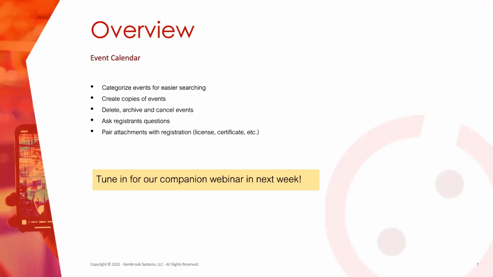And a new feature that we just launched recently is the ability to pair attachments with a member's registration. So if you have an event where you need to see that someone's uploaded a license or a certificate or anything like that, we have a new feature which allows you to pair an attachment type that you may have set up within your People tab for your members